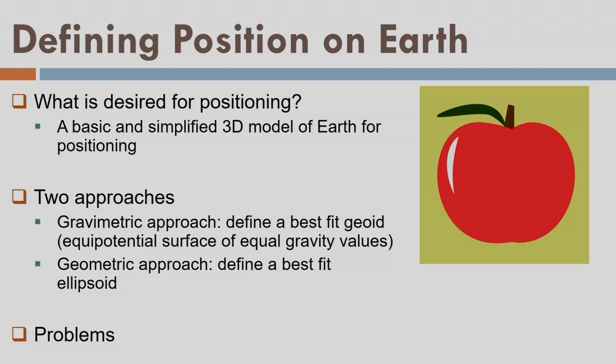Okay, so there are two approaches, not of fitting this ellipsoid, but to find out the overall reference system for the Earth. So that once we establish a reference system, we can establish some reference figure, and using that reference figure and reference system, I can measure the 3D coordinates simultaneously. So let us see, there are two approaches. The first is the gravimetric approach, that says define a best fit geoid, that is an equipotential surface of equal gravity values. First determine gravity values on the surface of the Earth, and let us fit a surface which is the best fitting surface through those gravity values.